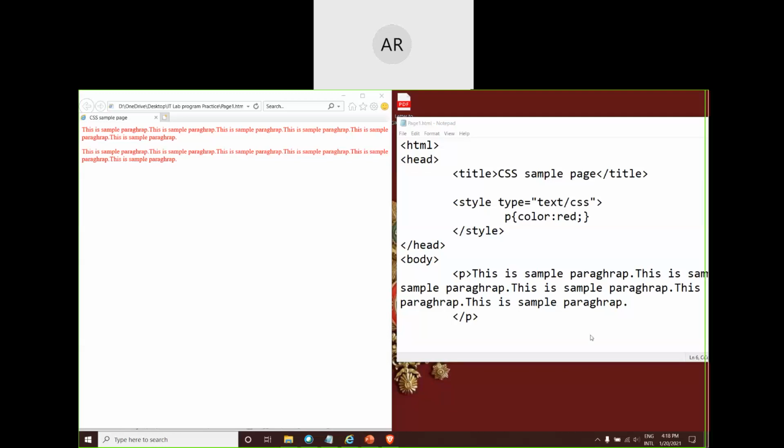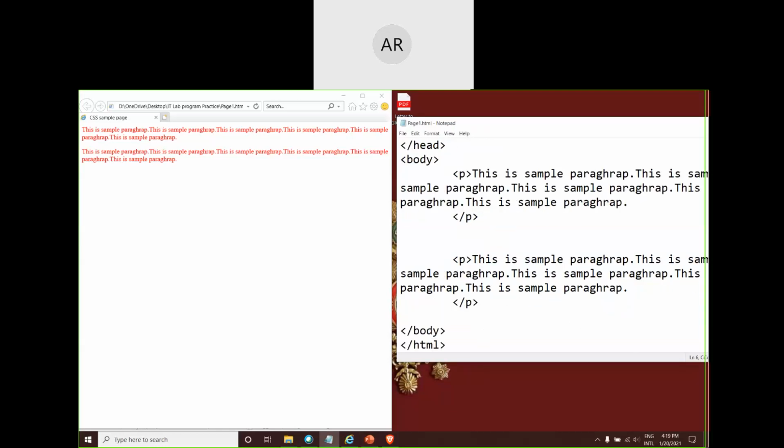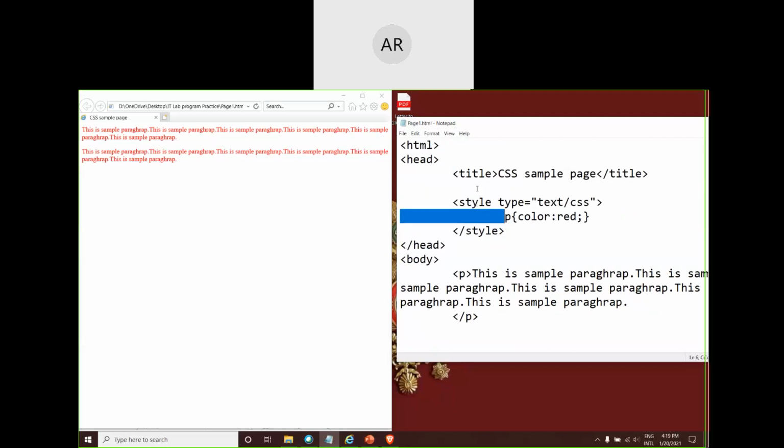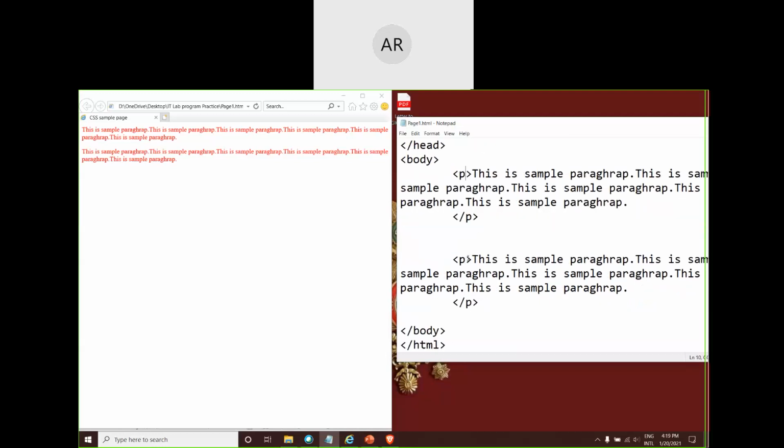Yes, sir. Okay, good. So what we did actually was we wanted to apply a color of red color to the paragraph tags. So wherever P paragraph tag is appearing, for all those occurrences, the paragraph will change to red color. But should it be the case? No. So I want to give a different color for this one, and I want to give a different color for this paragraph. So I have to identify what is this P. I have to identify what is this P.